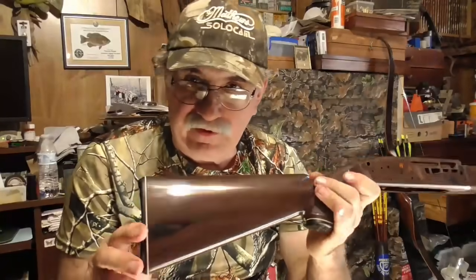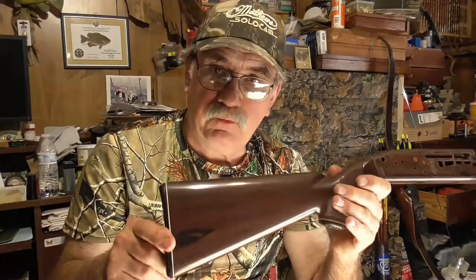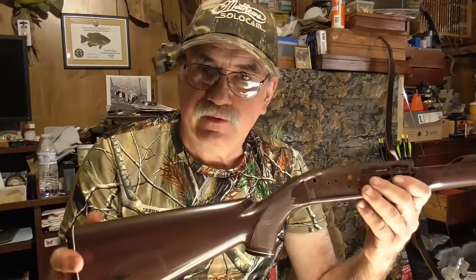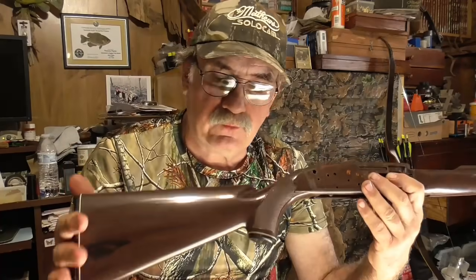Well, my friends, I think I got it pretty well restored. I got nearly all the scratches out. There's still a few minor little places in it, but that's going to be okay because it's just a shooter anyway. But this will actually help bring the value of your gun up in case it's scratched up like that. So you can follow the steps that I've undertaken to help restore the stock on this